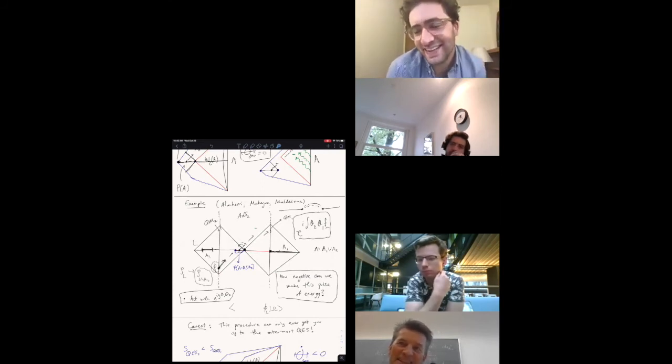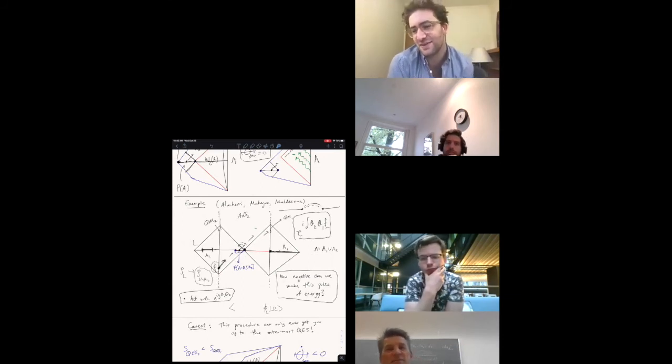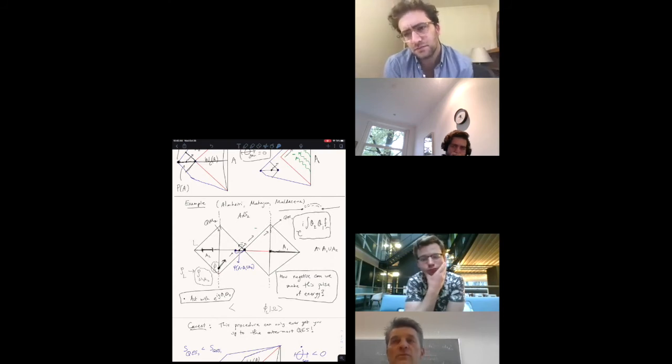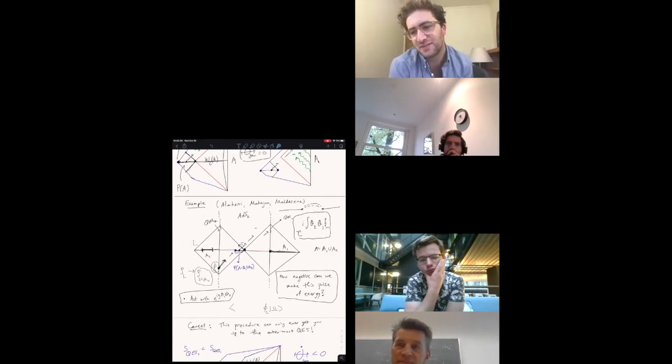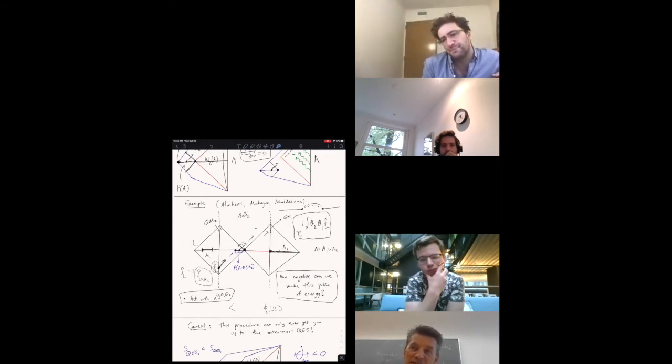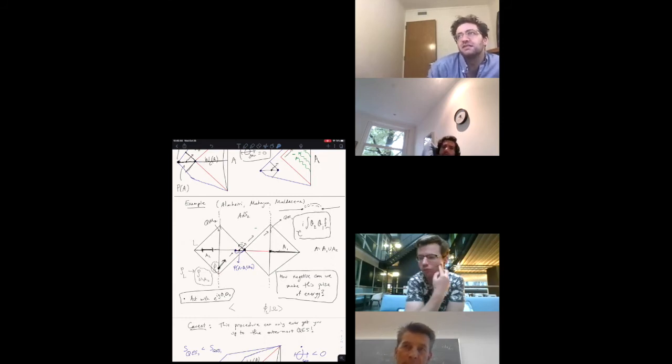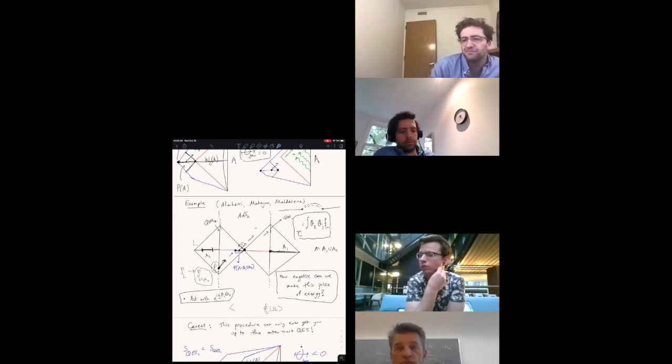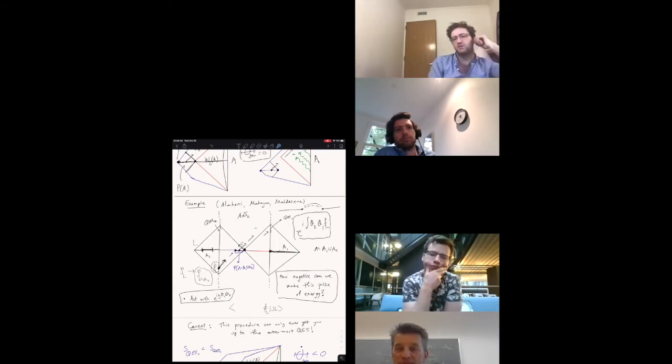I'm always confused how we think we should. Well, isn't the idea that it's large but not too large? There's some intermediate scaling. My impression is that you could come up with models that have some parameter that dials the number of light fields in the bulk. But your construction only applies to theories that have a certain light spectrum then? Yeah, that's an unfortunate thing about our construction. In some sense it's almost like we're working in this doubly holographic setup. Yeah, we need a large number, basically because we need